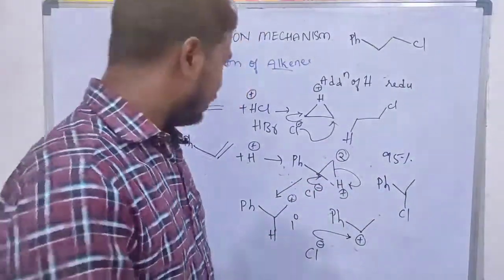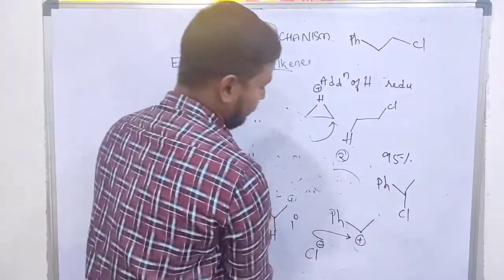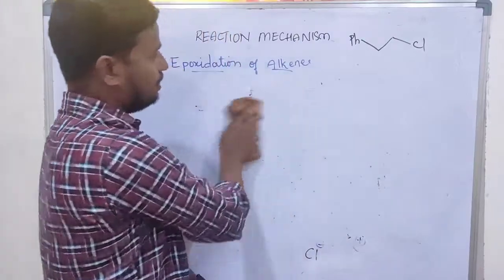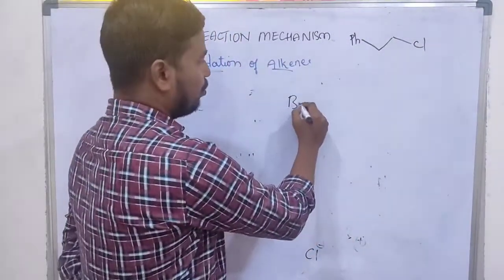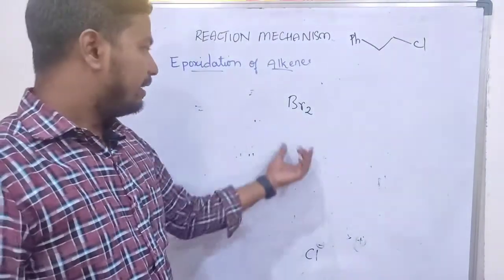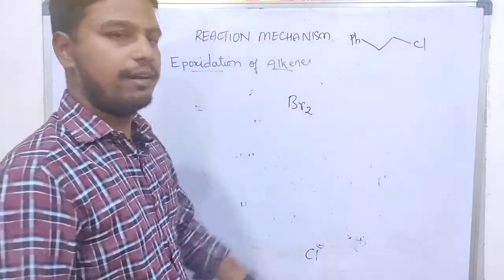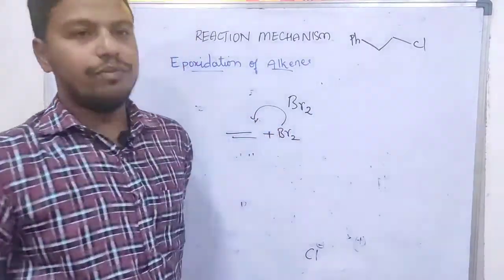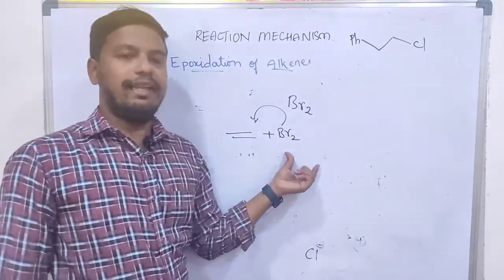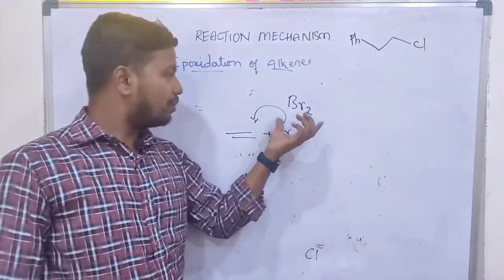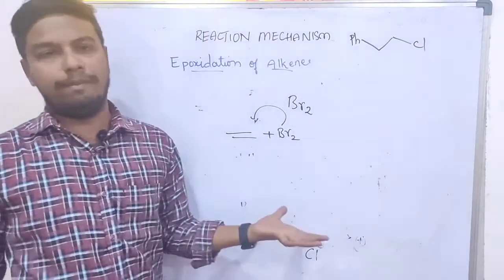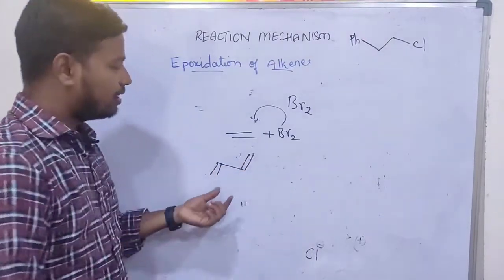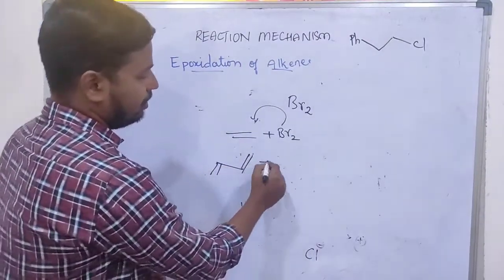And how to identify that the electrophilic addition has happened and the reaction is done? We can use one simple test. Take bromine water, that is bromine in liquid form. It would be a yellowish brown color. Add this bromine to this olefin. If the color of the bromine water changes, then electrophilic addition has happened. If the color of the bromine is not changed, then the addition has not happened. So you can take this double bond, which is an isolated one, and you can take a conjugated one. React with both.